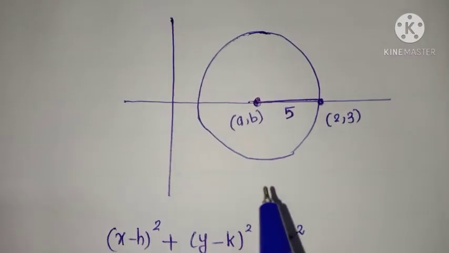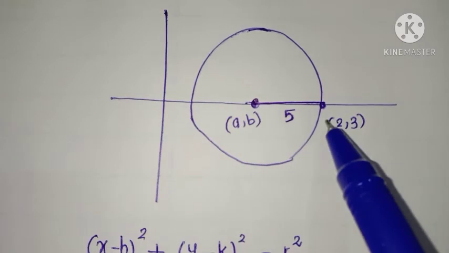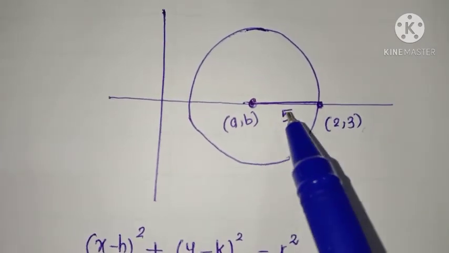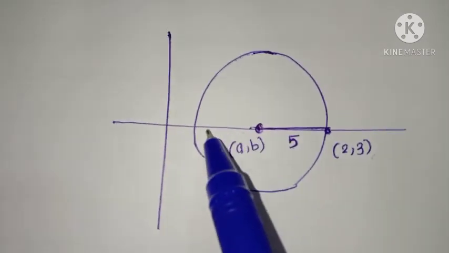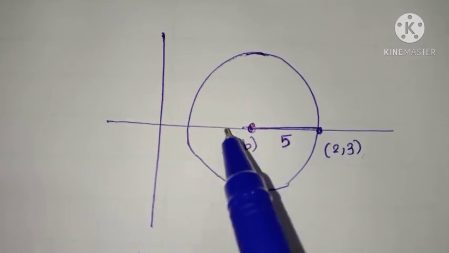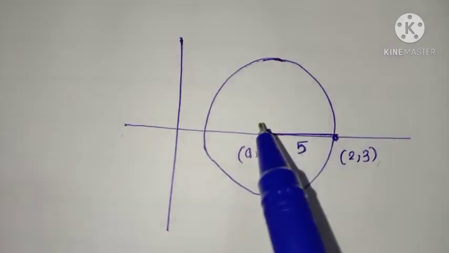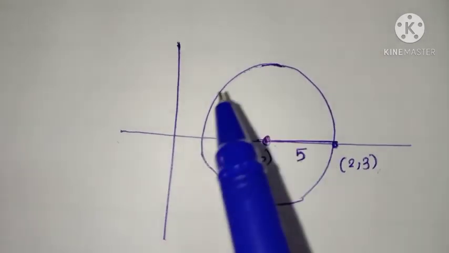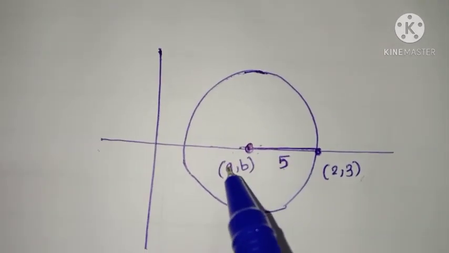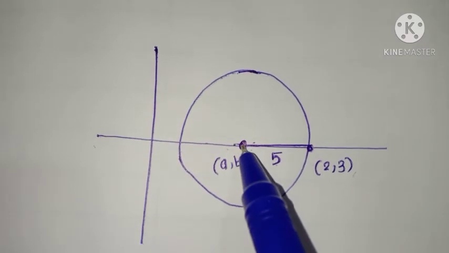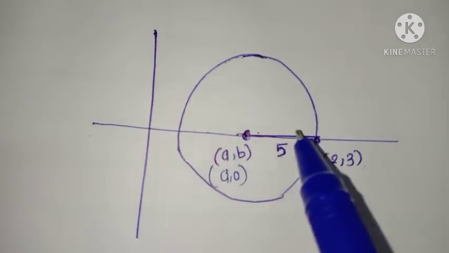Okay. See the figure. In the question it is given that the circle passes through the point (2, 3), radius 5 and the center along x-axis. Here we consider the center along the positive x-axis. Okay, either positive or negative x-axis you can draw the circle. So I here considered the circle along the positive x-axis. So positive x-axis means we can easily say that the point is (a, b). Here b is equal to 0 because it is along the x-axis.